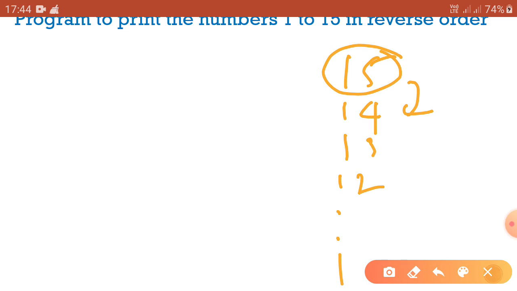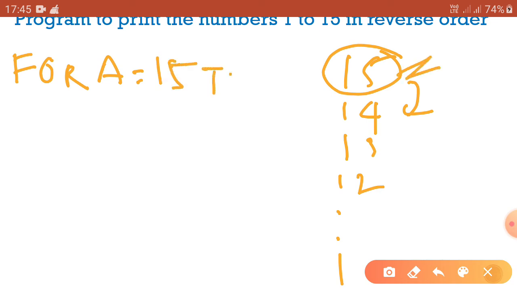Very easy. So we can write for this program: For a, we can use any variable, I, a, b or anything. We know a is 15 because the starting value is 15. Then we have to write To, meaning the last value. Here the last value is 1. So For a equal to 15 To 1, and write the Step.